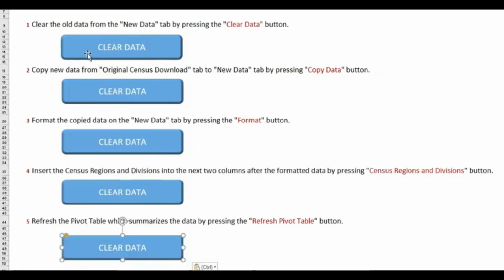So now what we're going to do is take this button and copy and paste it under each of the additional steps. And then we're going to go back to those. We're going to double click on them, and we're going to write in Copy Data, because that's the word in red for number 2. And we're going to double click in this one